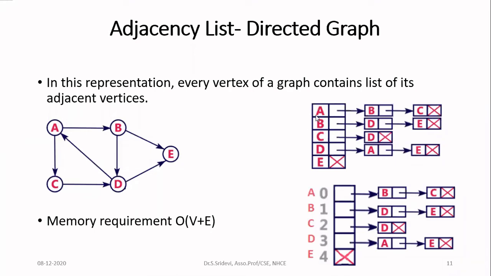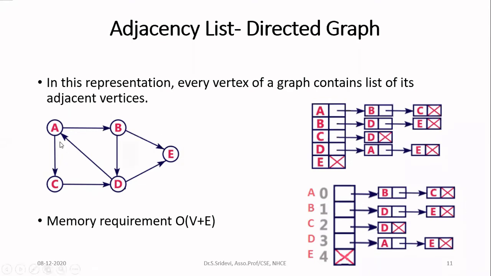So first, we will write the node A. In the node A, in the link field, we will write the address of the next node. That is, next node is nothing but one of the neighbors. It need not be B always. You can even write C first, then B second. It is up to you. But generally, we will follow some ascending order. If you write through programming, we will write a loop where we will have the index from 0 to n minus 1. So we will have increasing order in case of the for loop. So when you implement, you will go according to the language's rules.